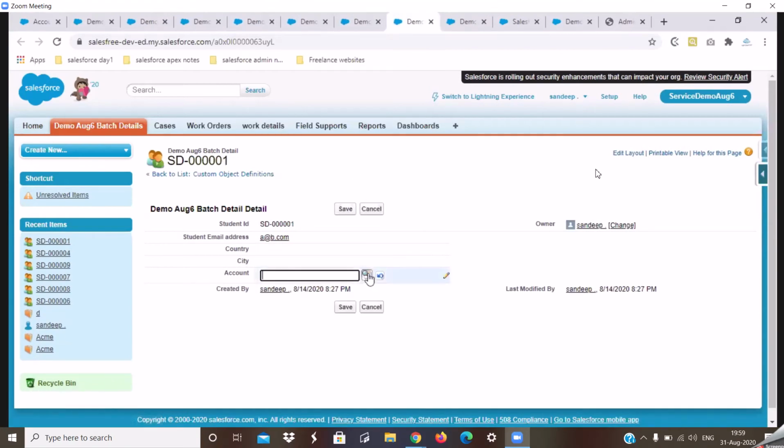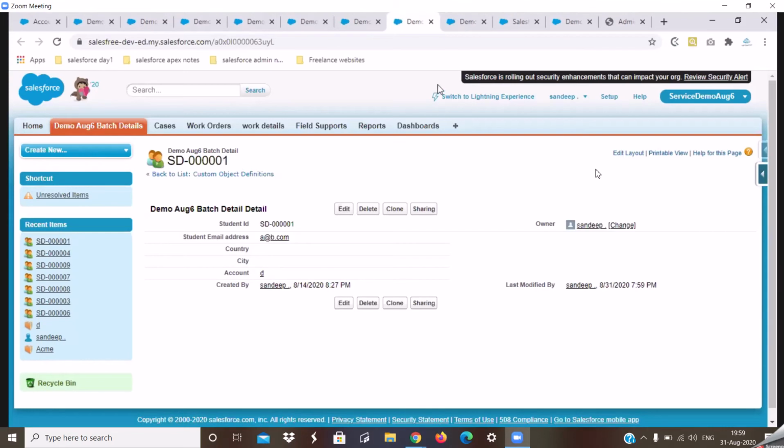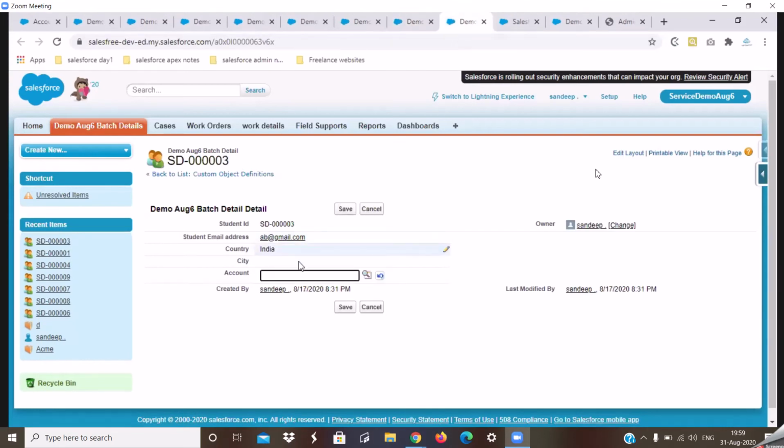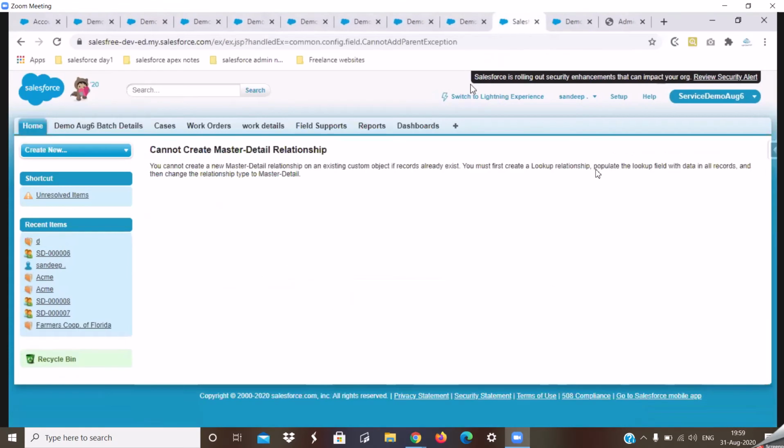If it is a real-time scenario, you need to go to your business and ask them what is the parent for this child. If I have this 001 record, you need to ask them what is the parent to this record, and they will provide you with some information, saying that the 001 record's parent is, let's say, P1 or parent 1 or XYZ, and you will basically get the data and update it in the system.